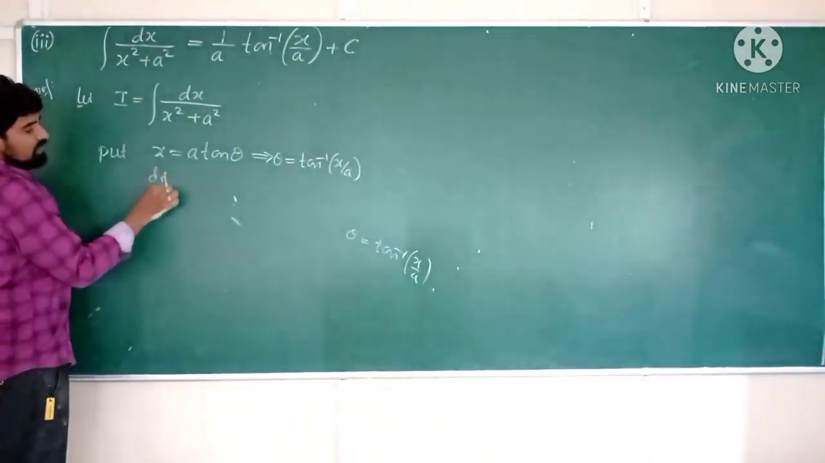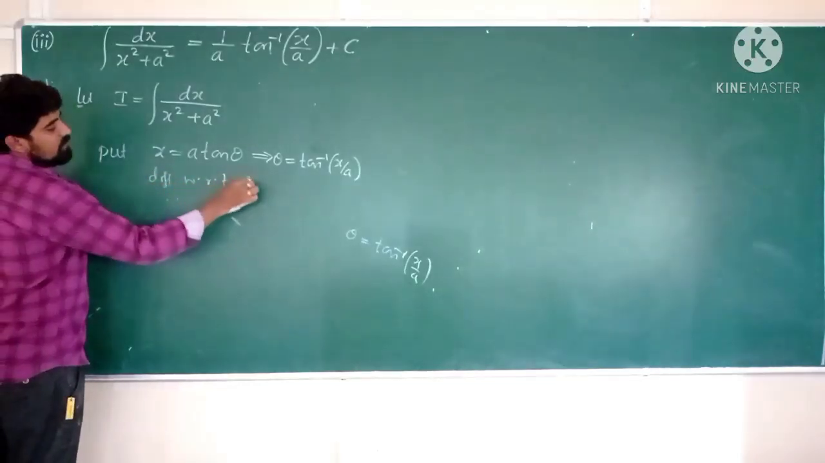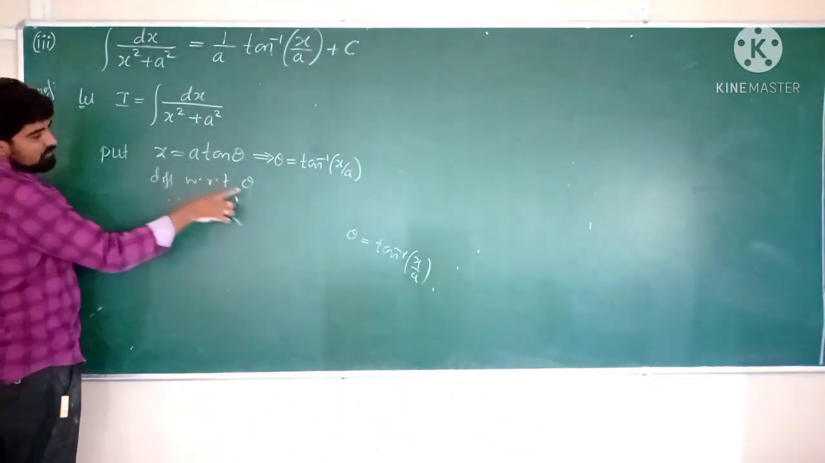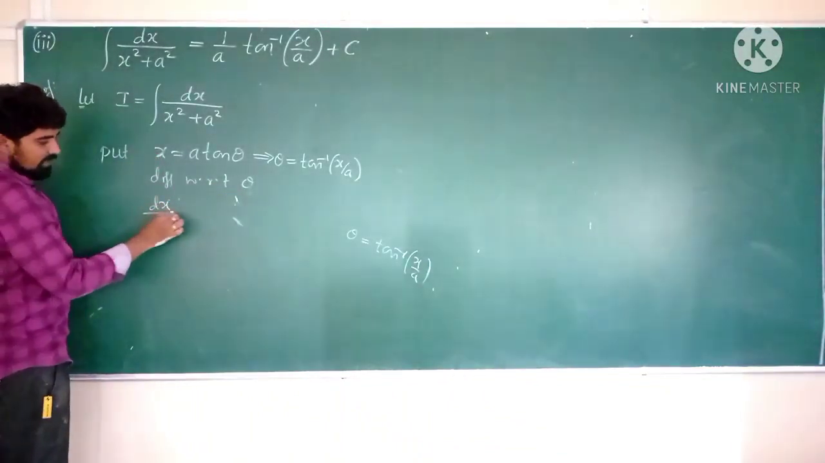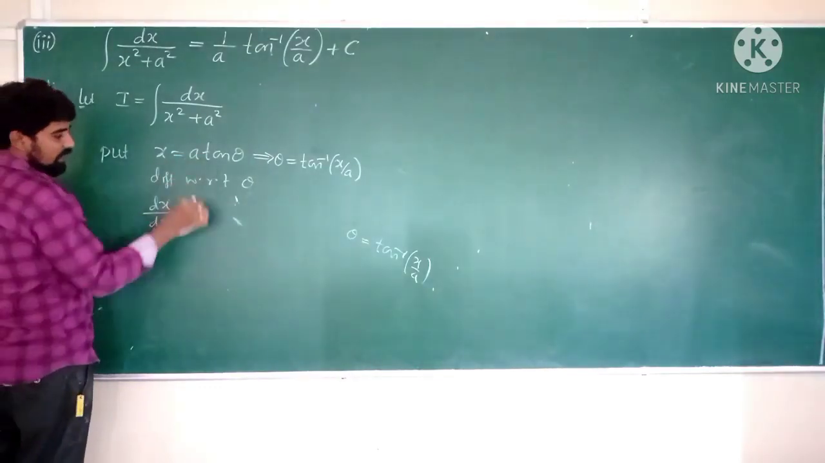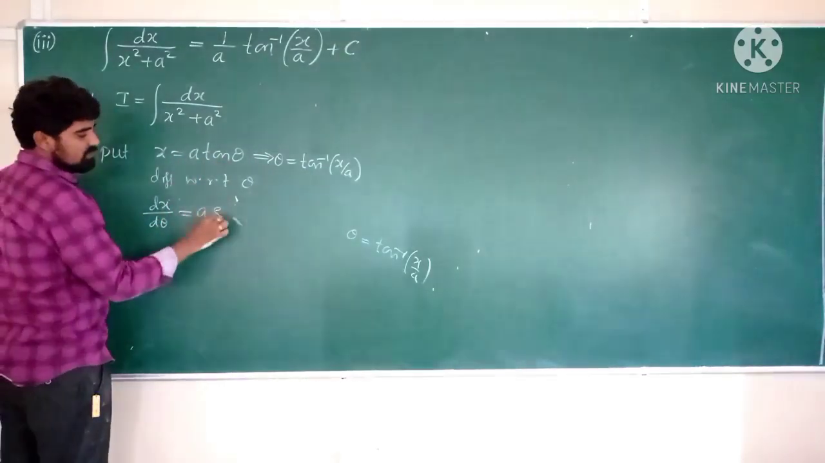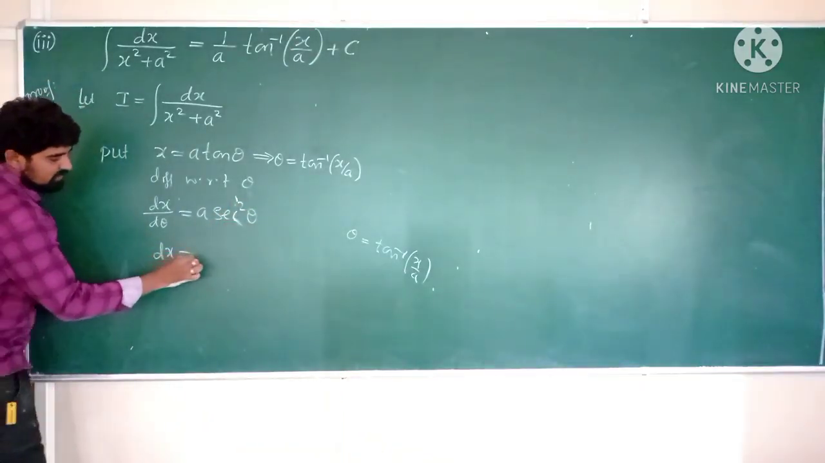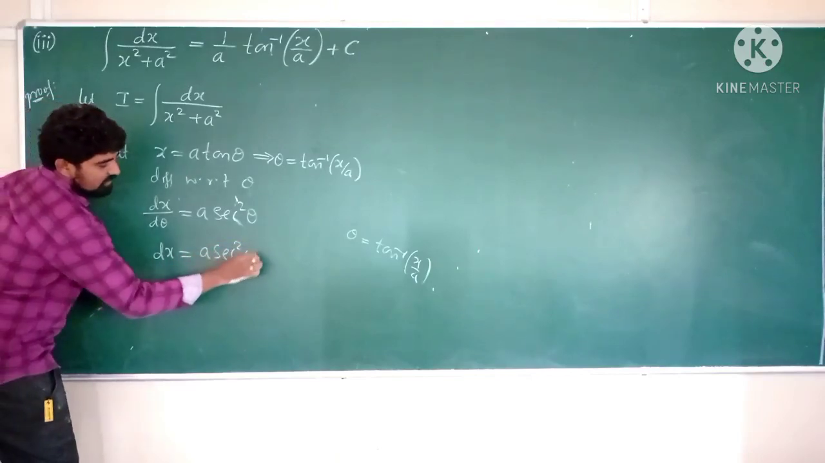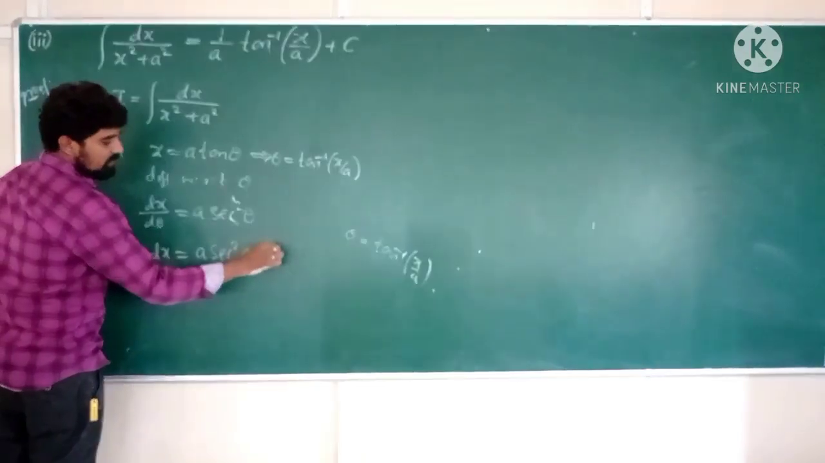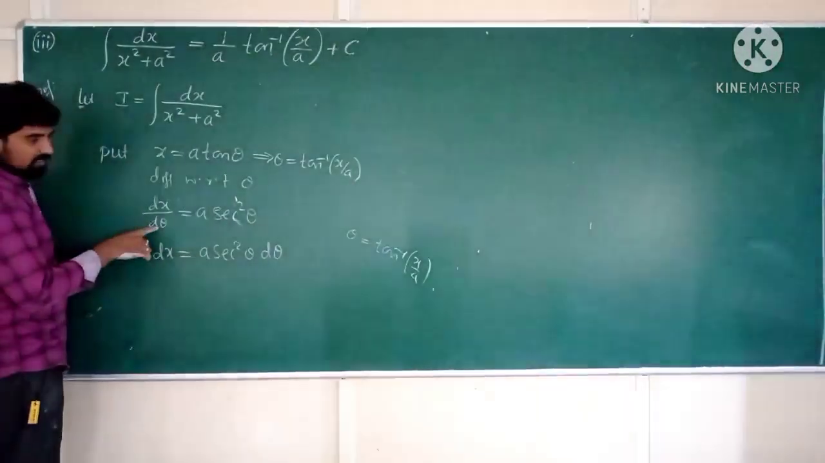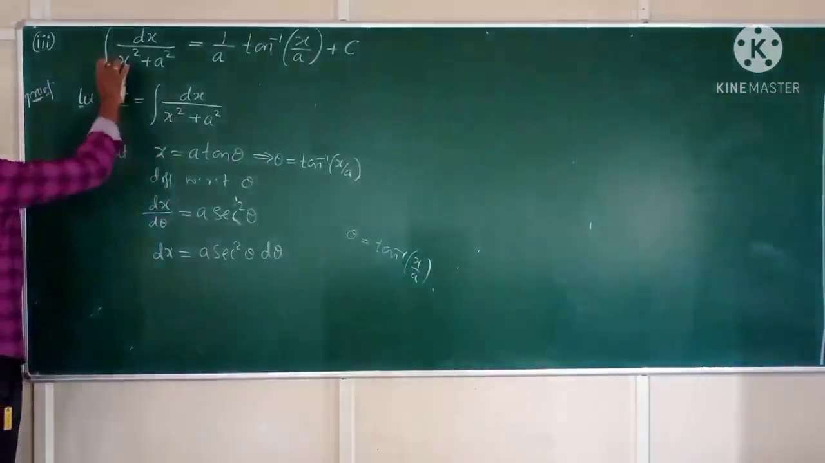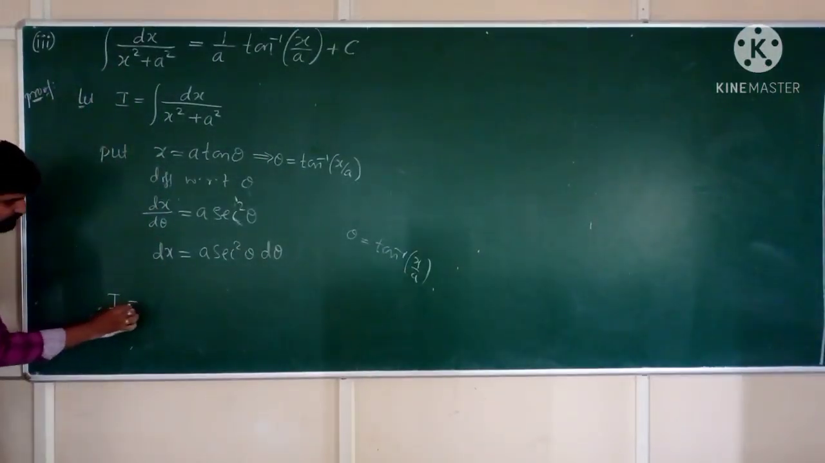Therefore, differentiate this x with respect to theta, because x is a function of theta. Therefore, differentiation of x with respect to theta is dx by d theta, a as it is, and differentiation of tan theta is secant square theta. Hence, the value of dx is equal to a secant square theta d theta. After shifting this d theta towards the RHS side, it becomes multiplied with a secant square theta. Therefore, the value of I is equal to